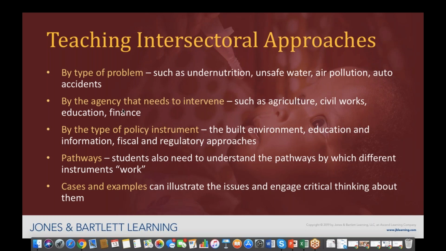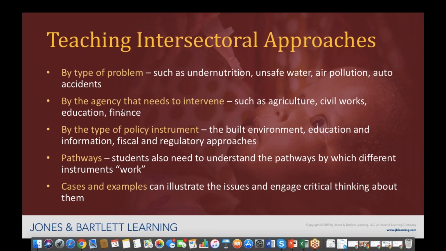We talk, beloved students, a lot about the role of the Ministry of Health, but let's look for a second at what is the role of the Ministry of Agriculture, for example, in helping to address a range of health problems that affect everyone, or that affect in particular our marginalized and poorer groups that live in the East. Let's talk about whether or not there's a role for the Ministry of Finance in health and what that might be, for example. And we could also talk, for example, about different kinds of policy instruments.